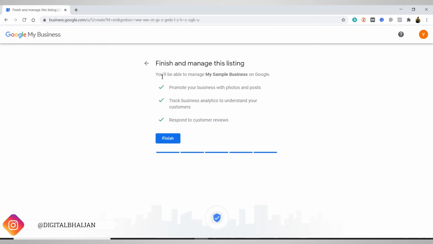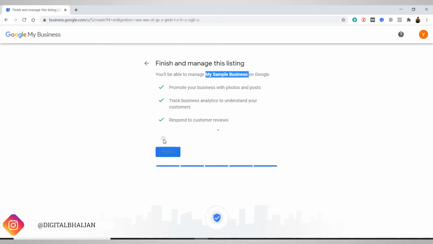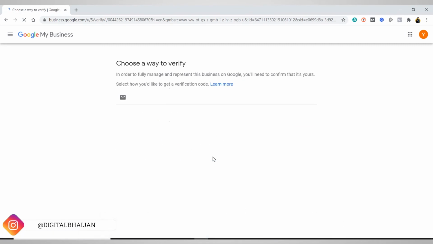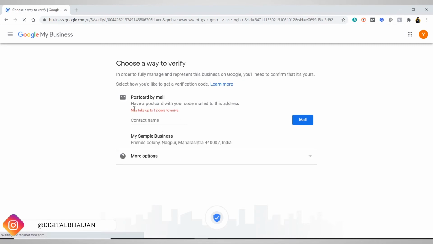and the last step is called finish and manage the listing. So this is your business name, My Sample Business on Google, and you can click on finish. After clicking on finish, it will ask you to verify your business. It is asking you to verify your business with the help of a postcard by mail.